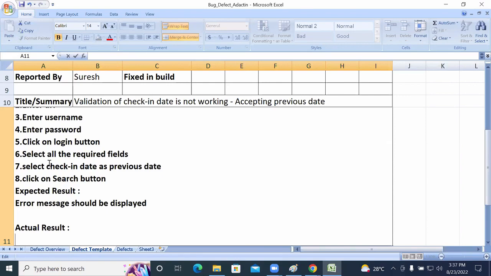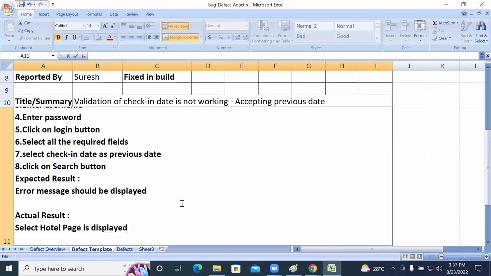Once you click on that search button, what is the actual result he got? The Select a Hotel page is displayed. You need to provide the expected result and the actual result. Still, if required,